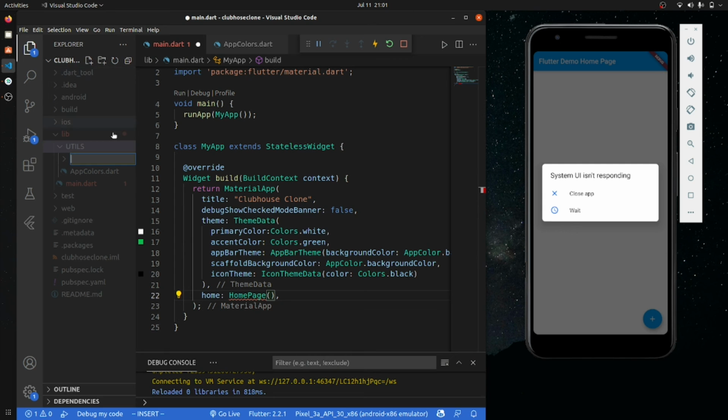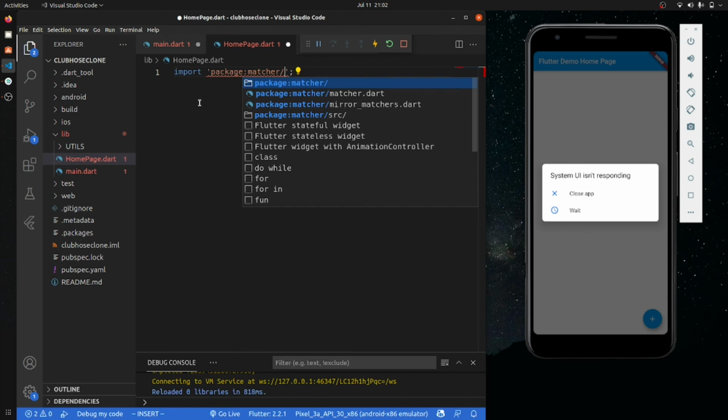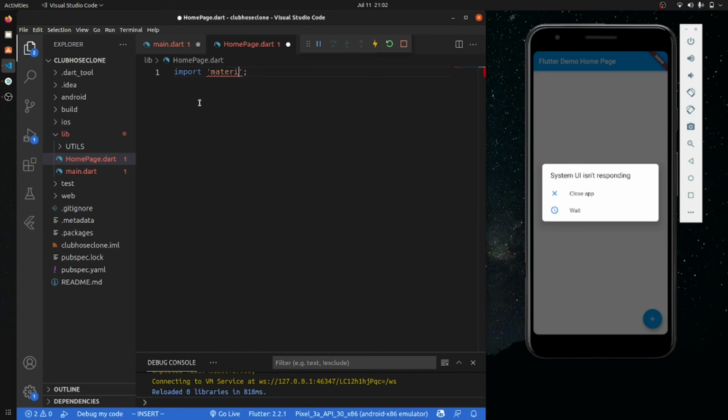Let me create not inside this util. Let me create in parallel, this home page dot dart. Inside this I'm gonna create a material dot dart import.